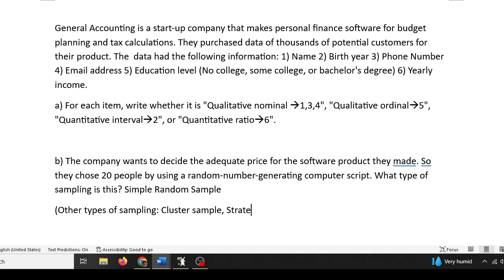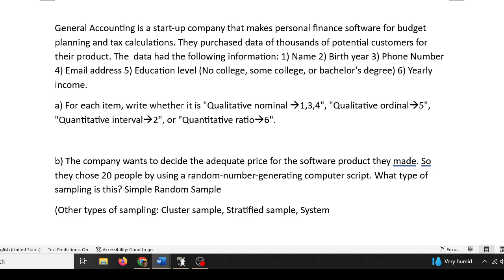Stratified sampling. That would be like when you want to take your sample to have the right proportion of men and women, different age groups, different education groups, and stuff like that. If you have different kinds of groups within your population, you want your sample to have similar ratios as the population. That's stratified.